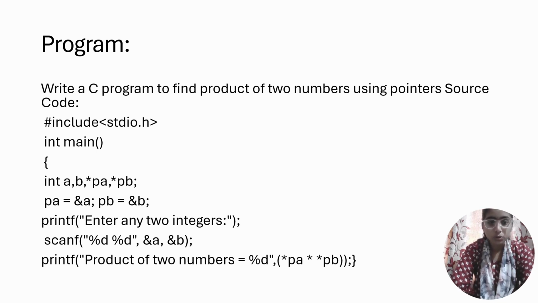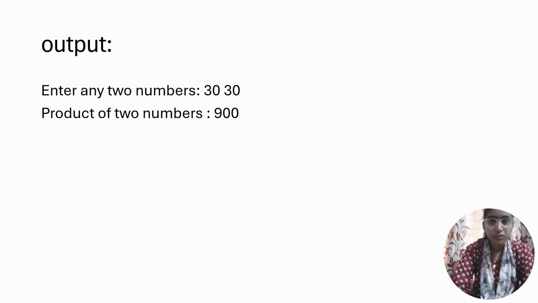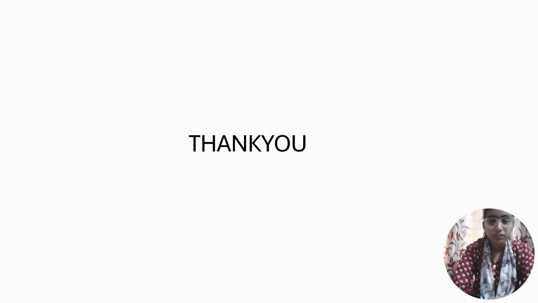Next, close the brackets. Next, we will get an output as: enter two numbers. Suppose we take 30 and 30, then the product of those numbers is 900. If we take, sorry,